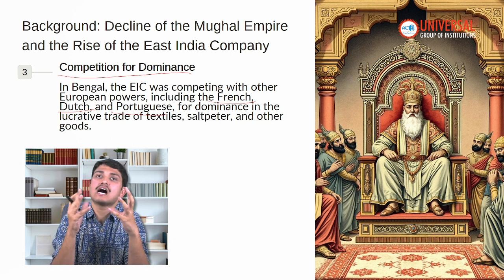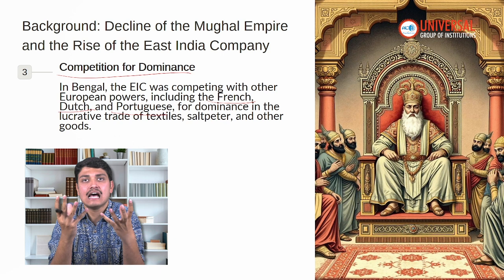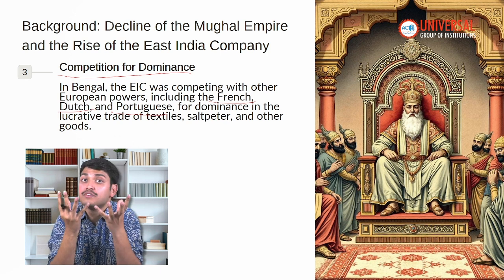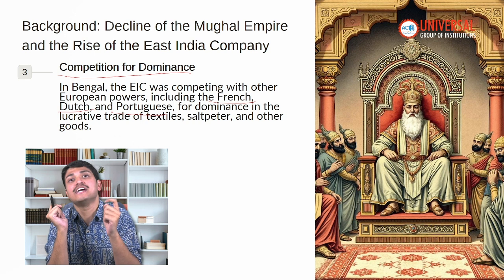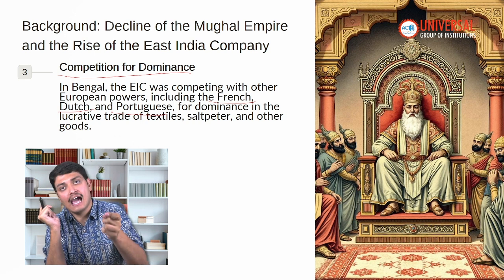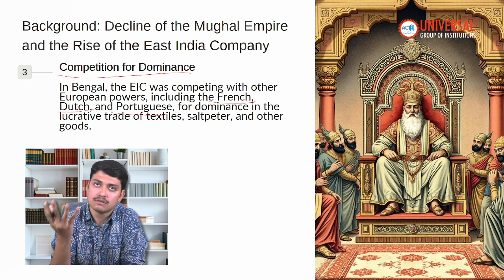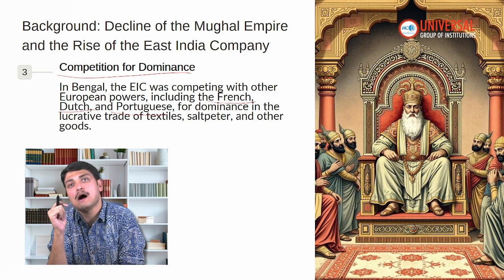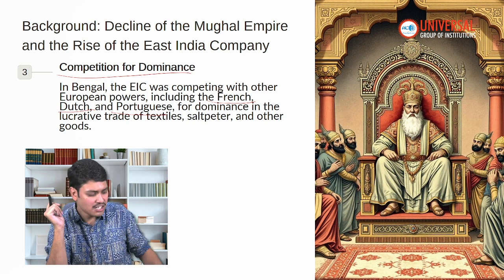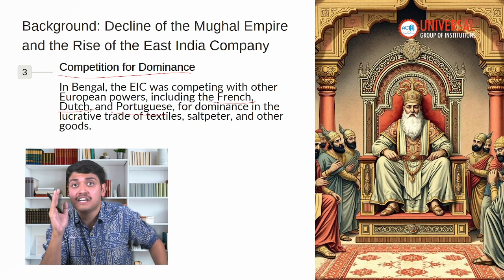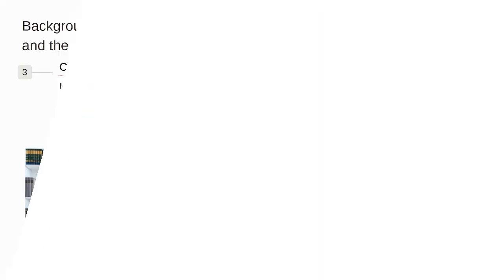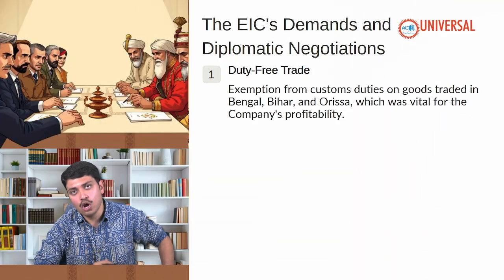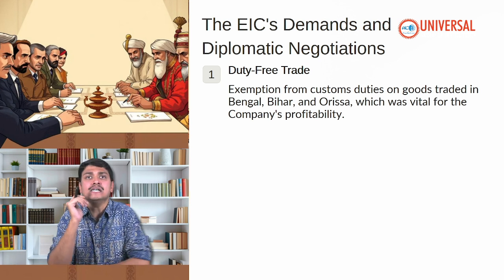They were targeting India as a zone of resource and power, as to which particular trading organization can dominate that zone of power and resource. So this was another peculiarity of the early 18th century, which we have to understand to analyze the Farman